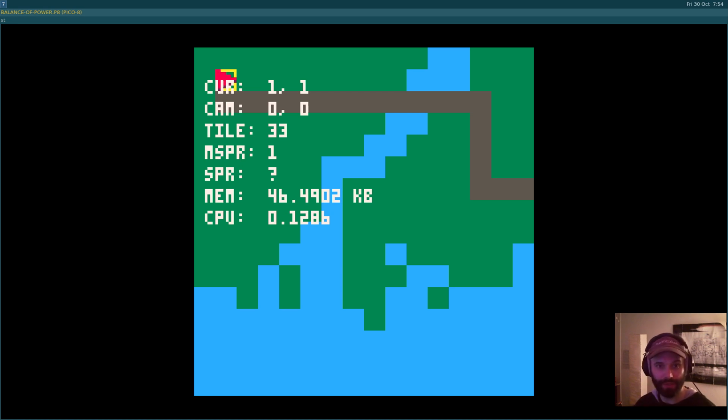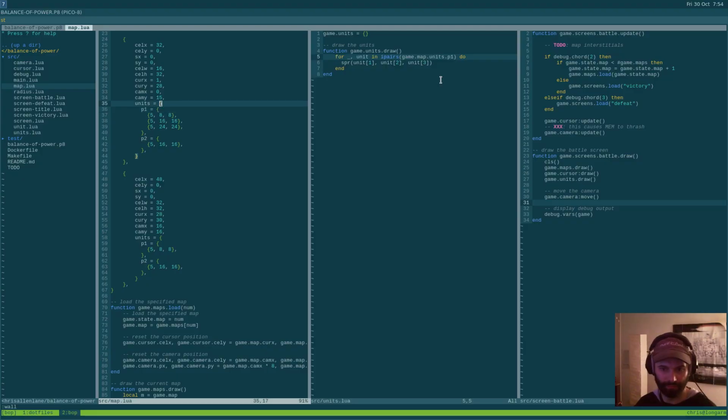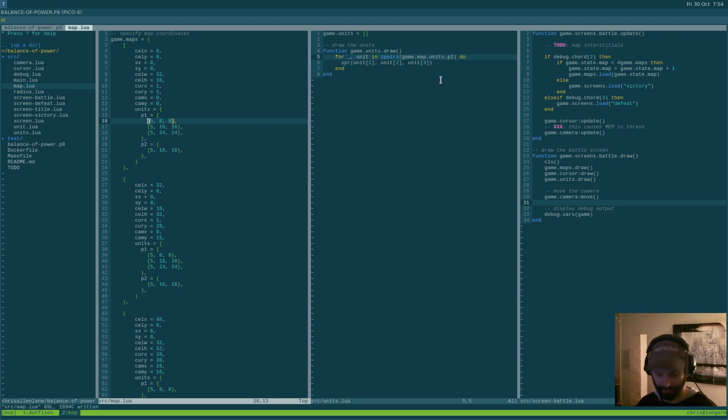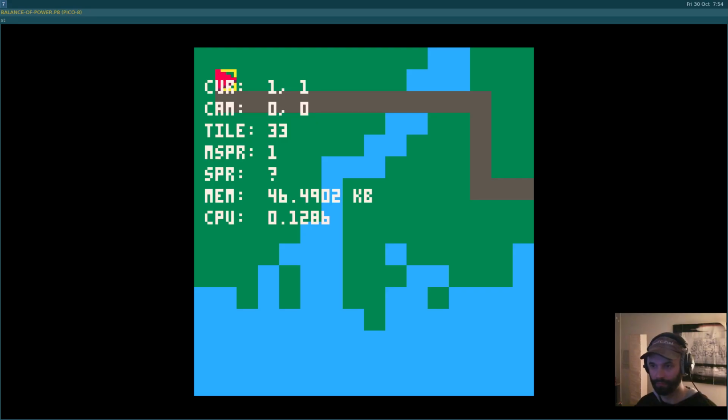That doesn't make much sense to me. Oh yeah, it does. I edited the wrong map. Okay. And that's a good reason right there to break those things out. Okay, great. So we're now able to initialize units, and